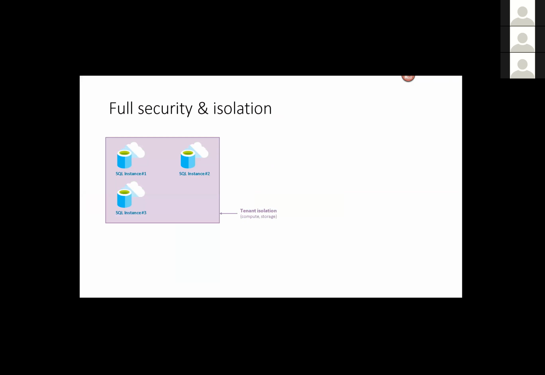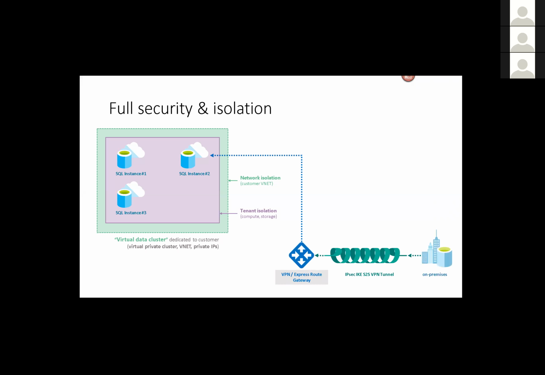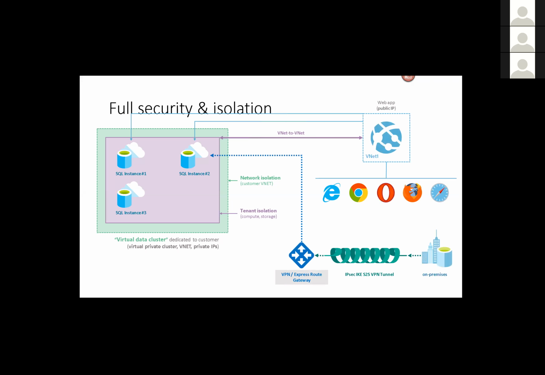What Azure SQL DB managed instance does is that it supports full security and isolation. It supports VNet isolation, so there's no public endpoint, and that is how it achieves the highest level of isolation, wherein your connectivity goes through ExpressRoute or through VNet to VNet, which means there is no traffic which goes through the public internet. So very suitable for hybrid architectures and scenarios as well. And within managed instance, if there is data replication, that traffic never flows outside.